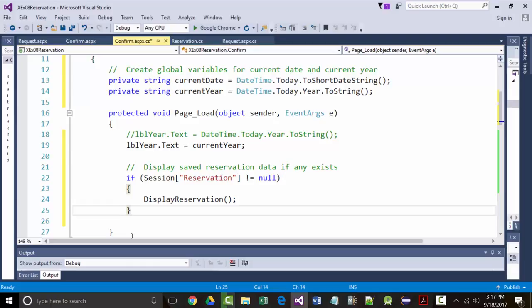If it's not null, we want to do this, correct? Because we've got data to display. But if we hit an else on here,